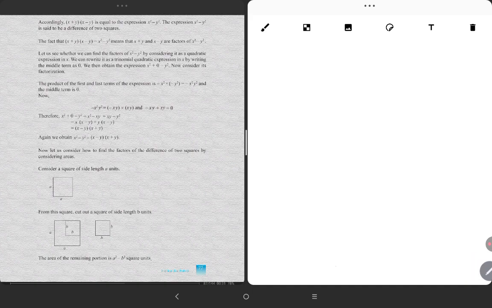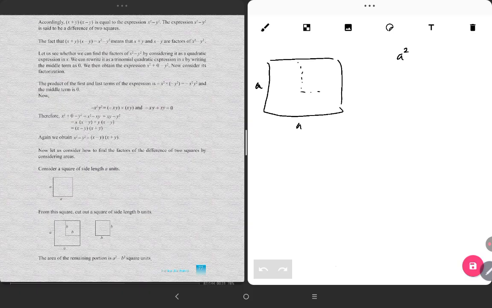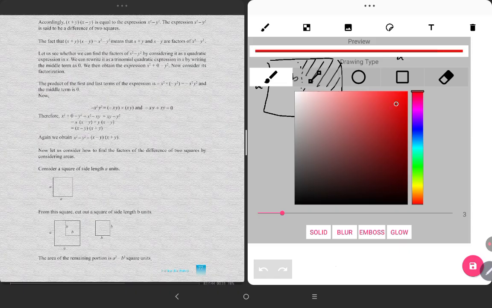Now, for example, if this is a square with width a and length a, the area of this is a squared, right? Because it's a square. But if I have a smaller square within this, b and b, this area is b squared. So the remaining area, let me put it that way,